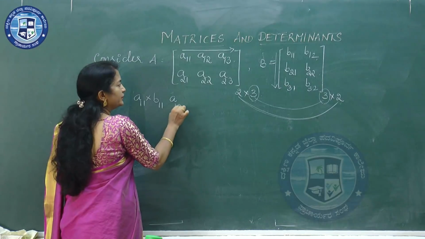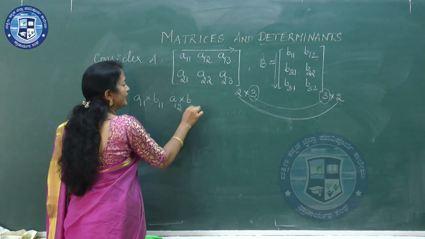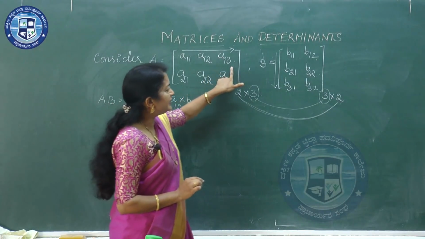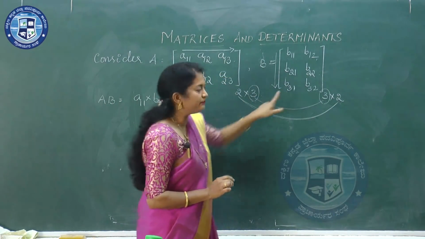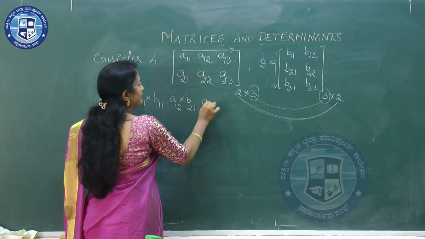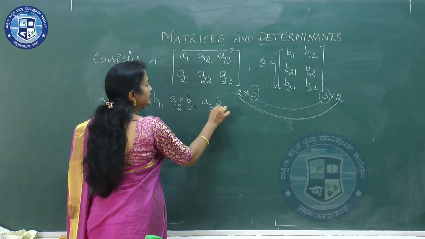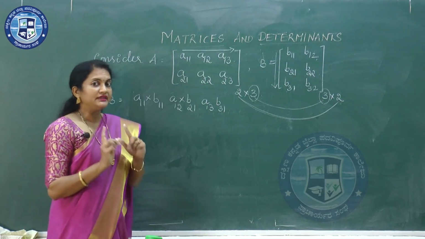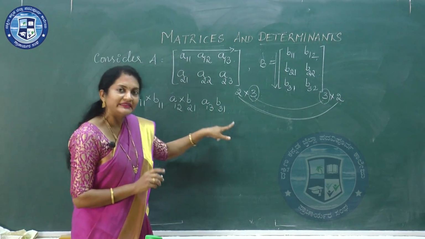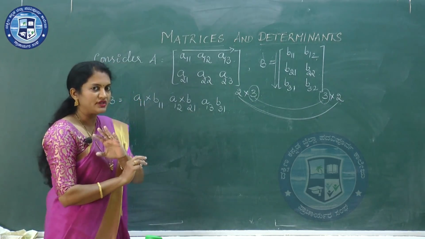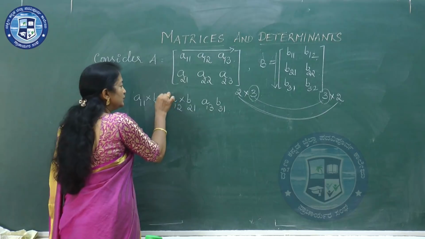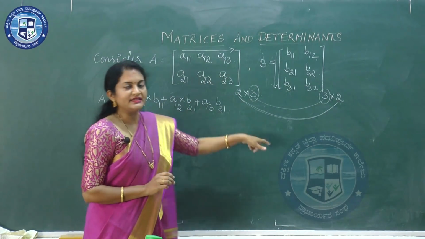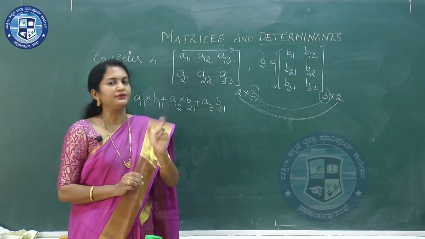A12 into B21. Next, A13 into third element B31. A13 into B31. Now, don't think that these three are three different elements. Those are not three different elements. Those we will be adding. So, by multiplying like this, we will be getting the first element of first